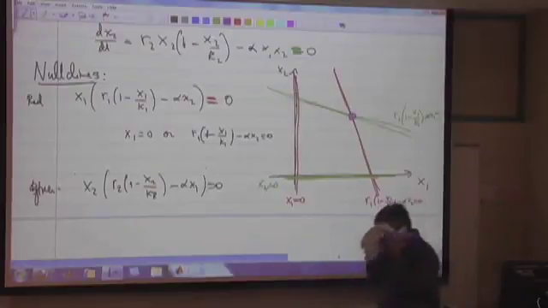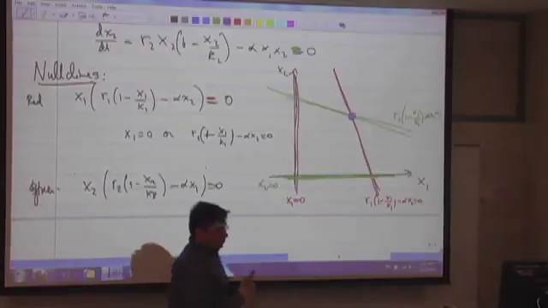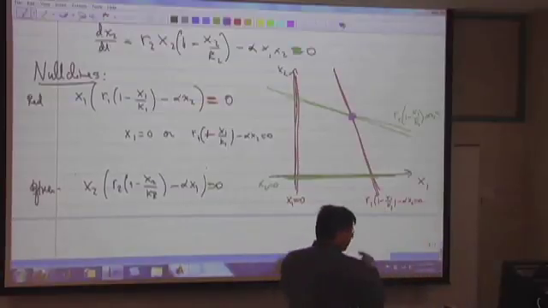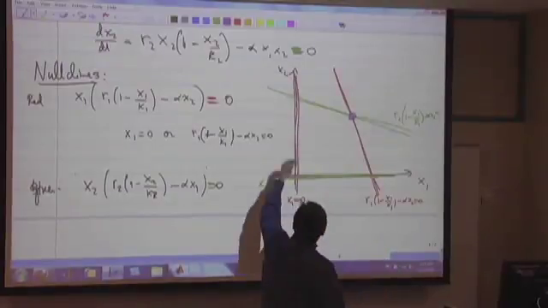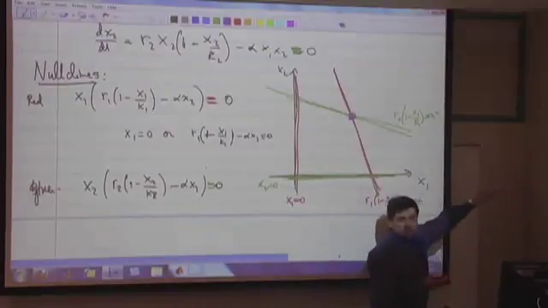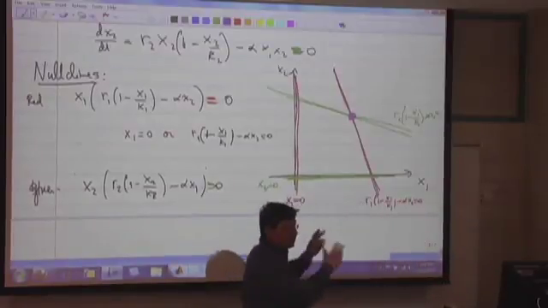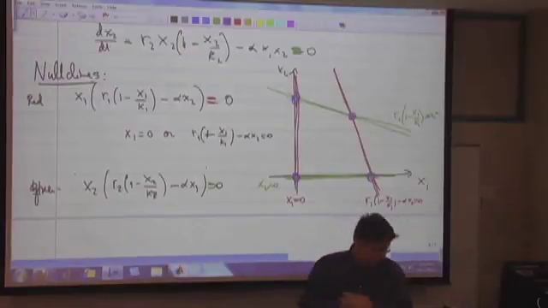Okay, so the question is, what are the equilibria? If you know these null lines, the equilibria will always be where the null lines intersect, right? Well, it's where the null lines of different colors intersect. For instance, where the green line meets the green line here, that point would not be an equilibrium, right? Because it has to be a point that lies on both null lines of different colors. So that's why it's useful to use different colors, because you can see where those equilibria